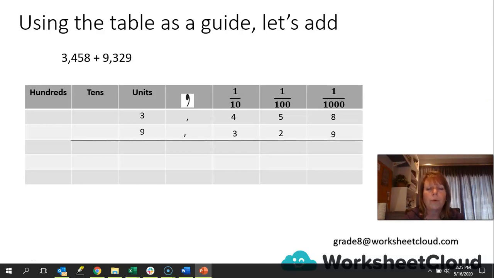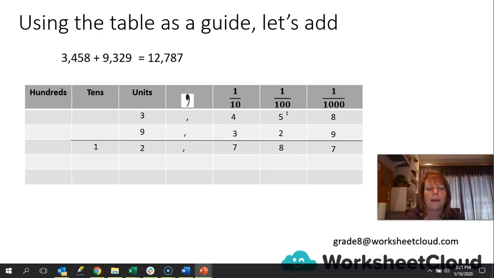There's our line that we put in. It's an oversized equal sign, but I've just put in one part of that line. You could put another part underneath there. It's up to you. Okay, 8 plus 9 is 17, so we write the 7 down and carry the 1. As you can see, that would be 17 thousandths, so the 1 goes into the hundredths column. 5 plus 2 is 7, plus the 1 that you carried over is 8. Nothing to carry over there, so 4 plus 3 is 7. Don't forget your decimal comma, and then 3 plus 9 is 12. So that answer is